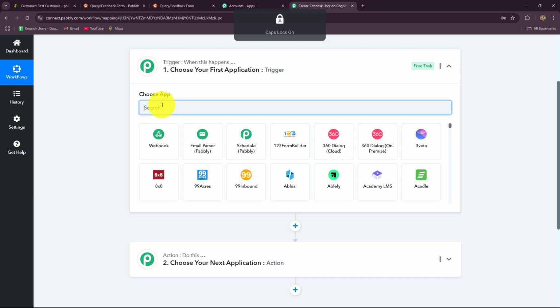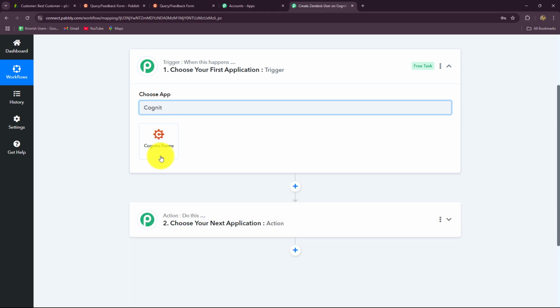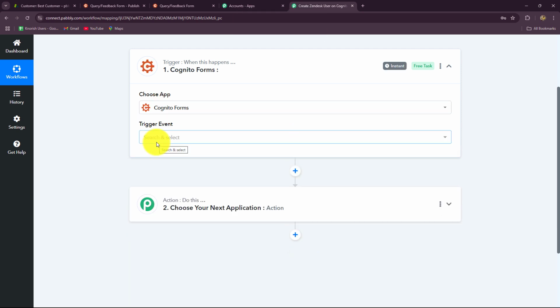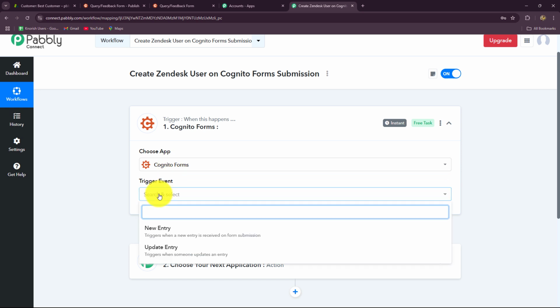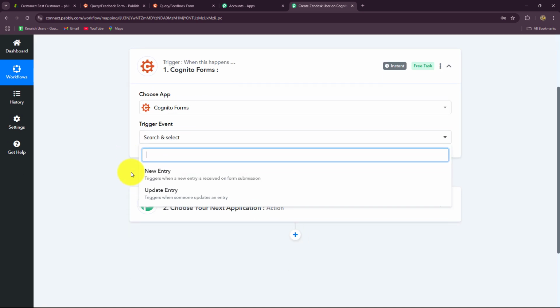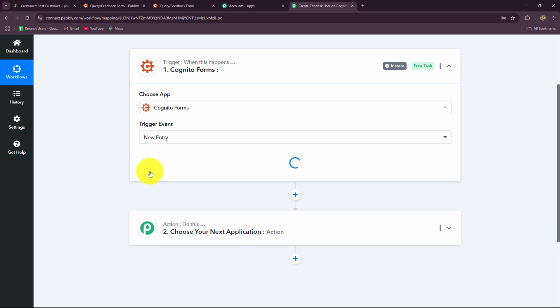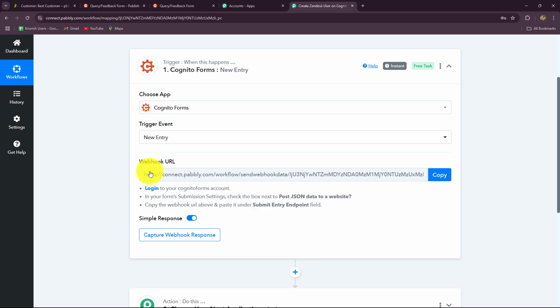So the trigger application over here will be Cognito Forms. Let's select that quickly. After selecting the application, then we have to select the trigger event. On the happening of which specific event in Cognito Forms do you want to capture your response? So here my objective is that when a new entry is made, when a new form is submitted in Cognito Forms, the response should be captured, and with that response the workflow should get triggered,